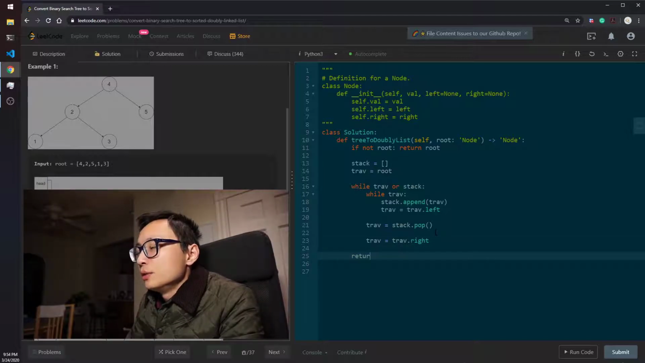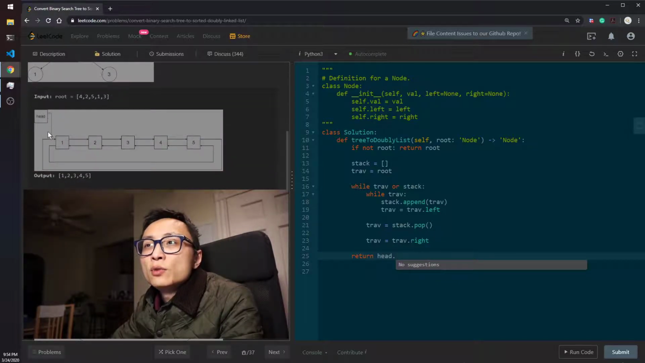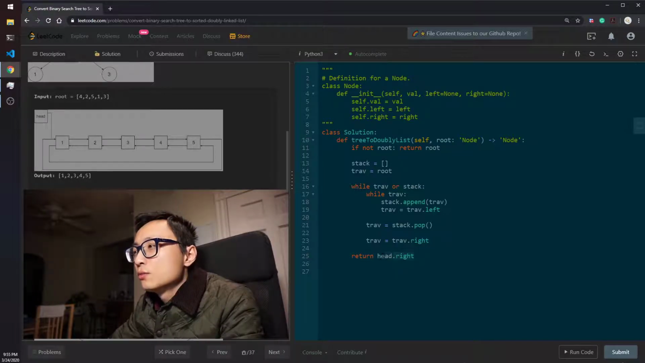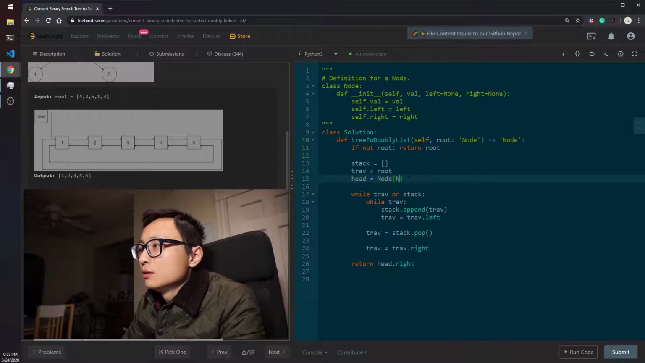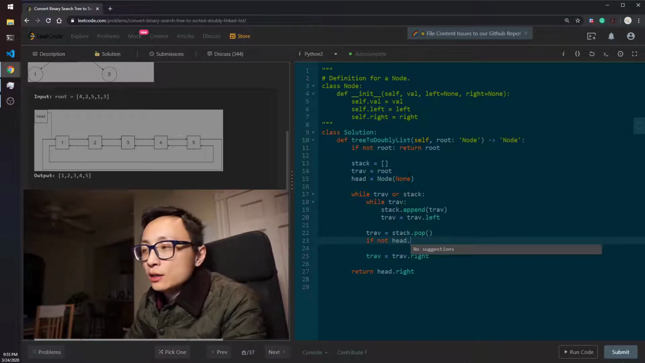And in the end, we need to return the head node here, which has a right pointer pointing to the first node in the doubly linked list. So for this to work, we have to link the head node to the first node that we see popping out of the stack. So let's initialize the head to be an empty node here, and if we haven't linked the head node yet,